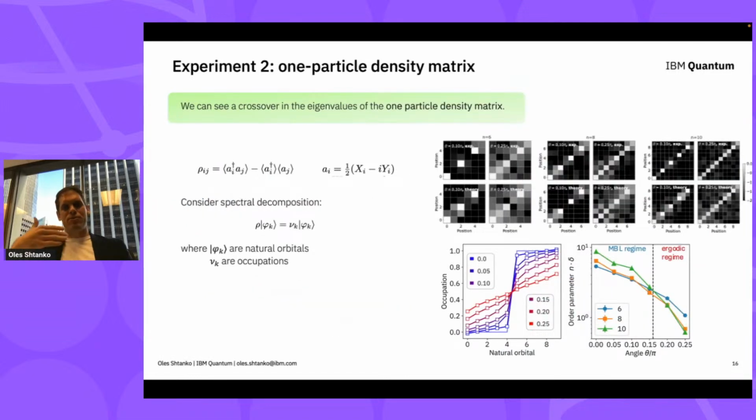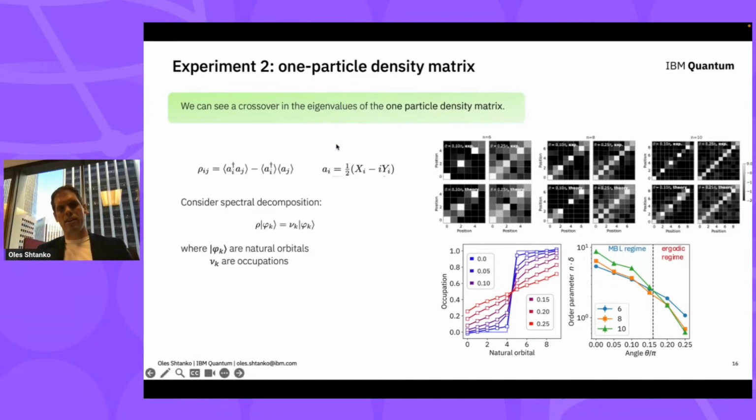So let me also briefly touch on another measure, which I think is very interesting because there is not much attention to it in the literature. It's called the one-particle density matrix. To understand its physics, you should keep in mind that the qubits which we operate are essentially bosons. They are like bosonic particles and oscillators, for which we prohibit higher occupations, for which we prohibit bosons sitting on top of each other.